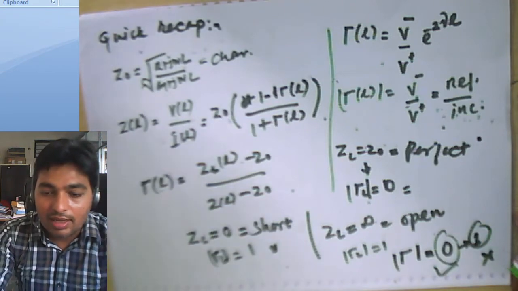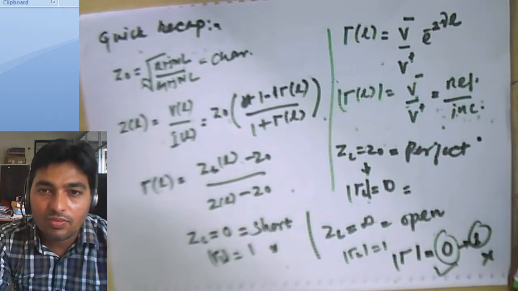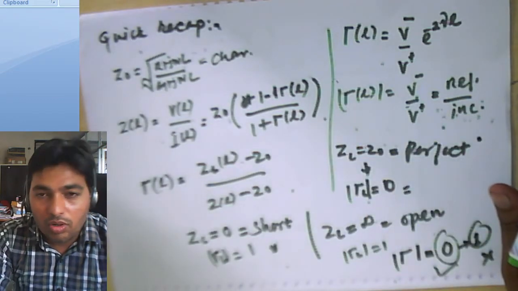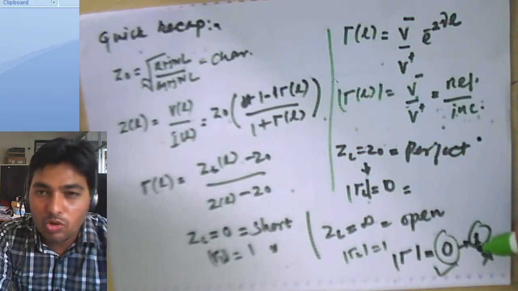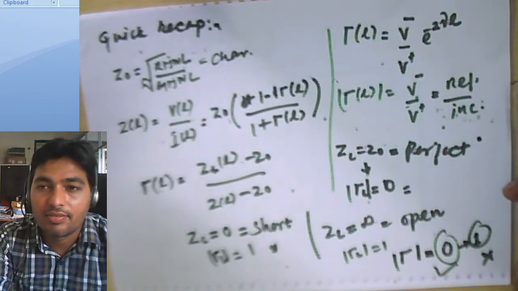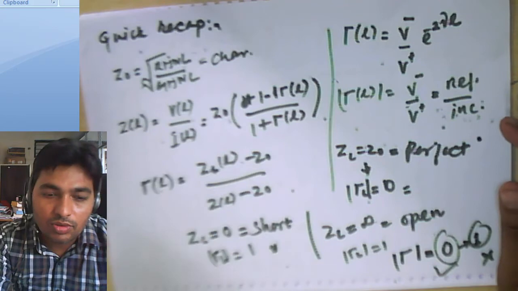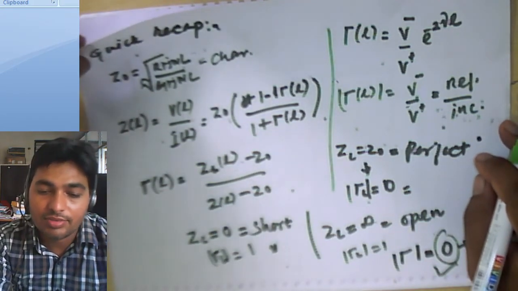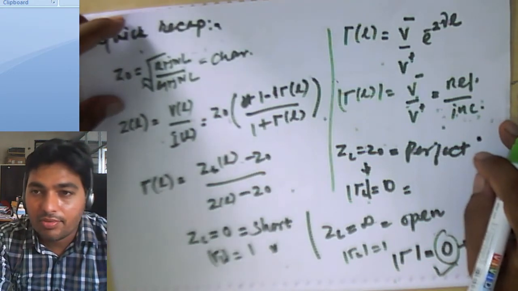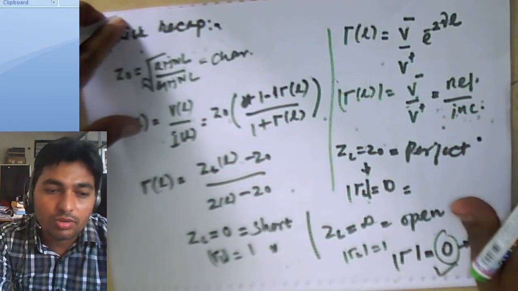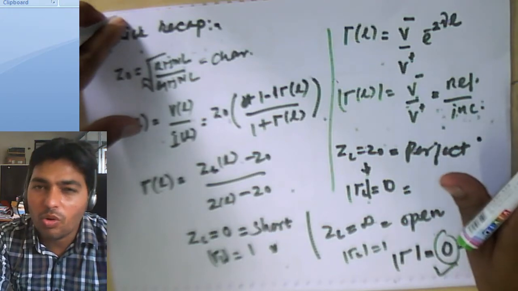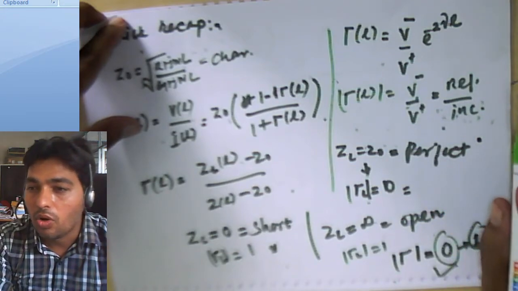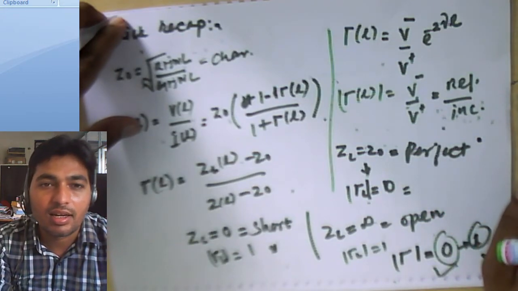So till now we have done this. In the next lecture we'll elaborate more on this, and we'll find out one more constant that is called the voltage standing wave ratio, and we'll find out the relation between impedance and voltage standing wave ratio, as well as the characteristic of a noiseless or low noise transmission line.